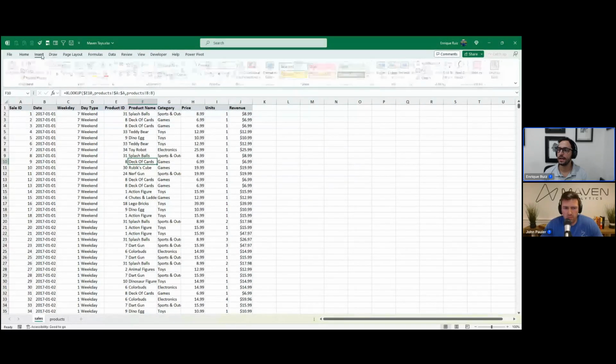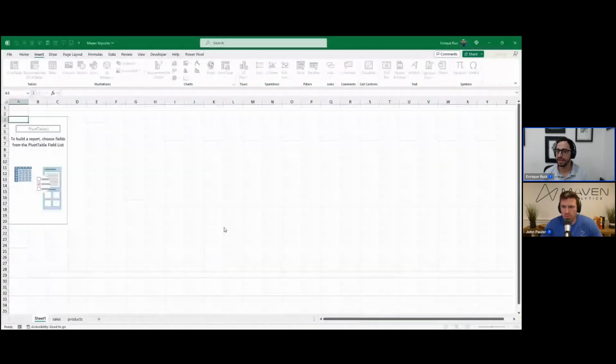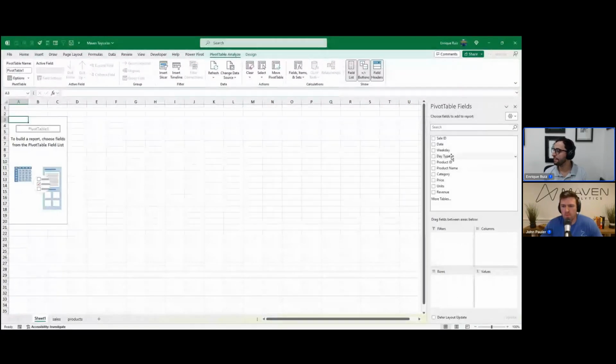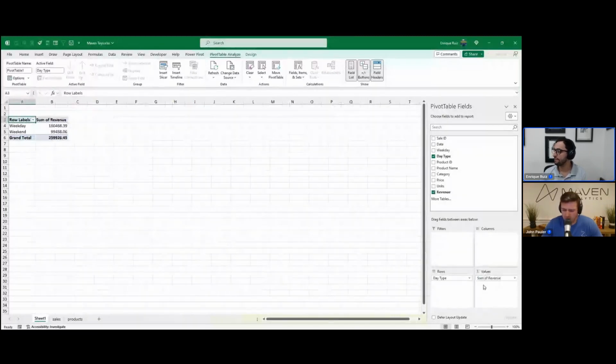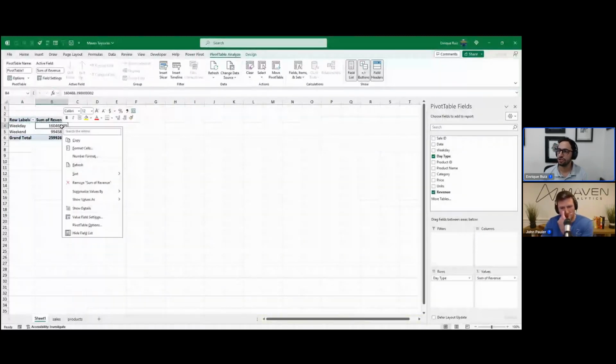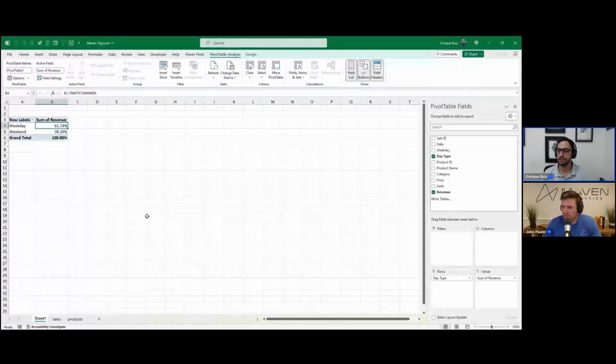Now let's go ahead and add a pivot table to summarize this data somehow, because we need to gather some insights. So now that we've got the day type function, maybe we want to see the percentage of revenue that's coming from weekdays, from weekends. Drag our revenue into our values, and then we can change this calculation so it's the percent of column total. So in just, what was that, 3 clicks maybe, we know that 61% of our revenue comes from weekdays, 38% comes on the weekends. Copy this over.